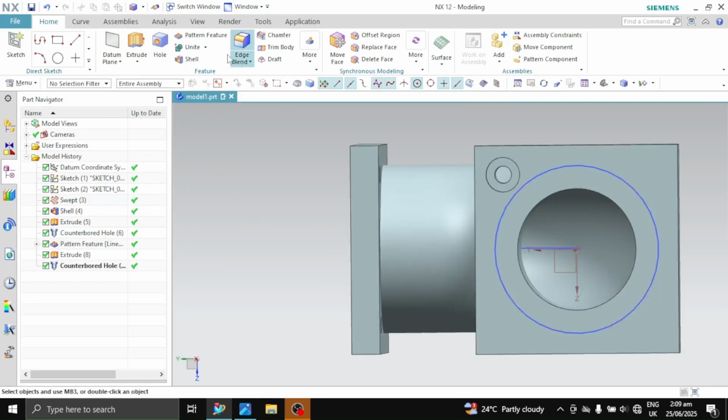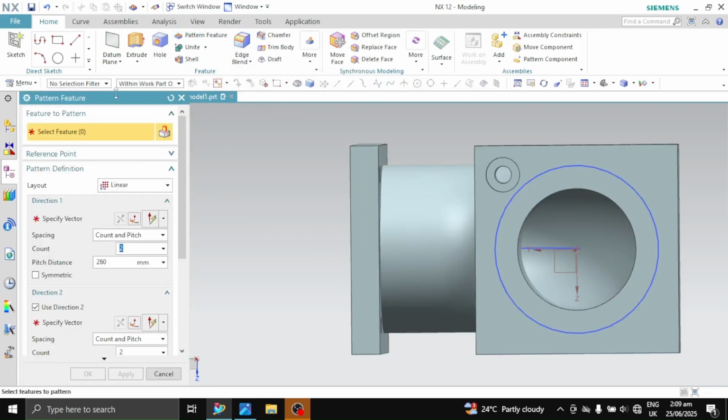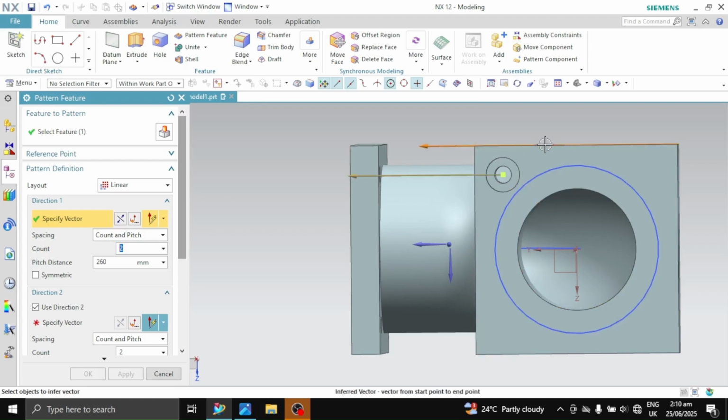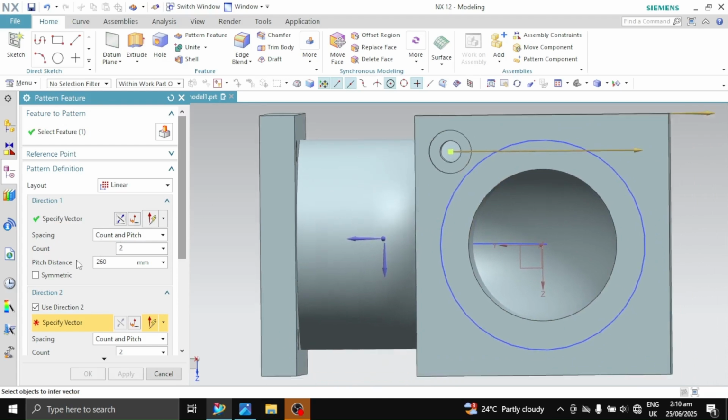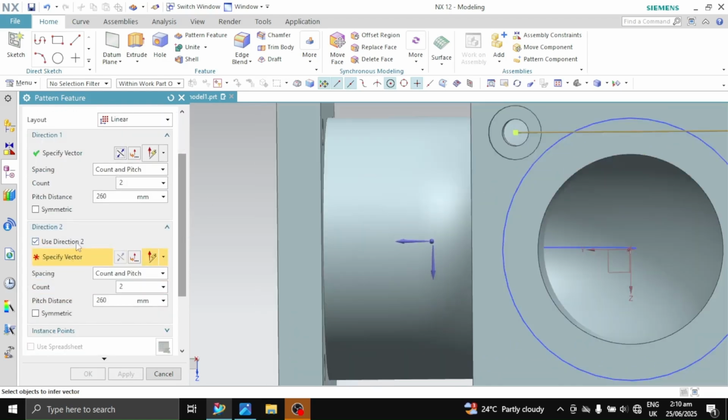You again pattern the hole. Select feature, we select the hole, and we specify this vector. The first direction should be this. Reverse the direction. Second direction.